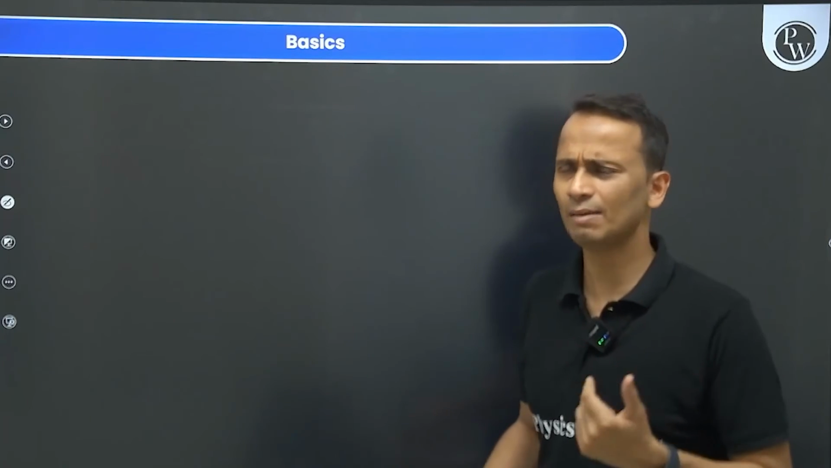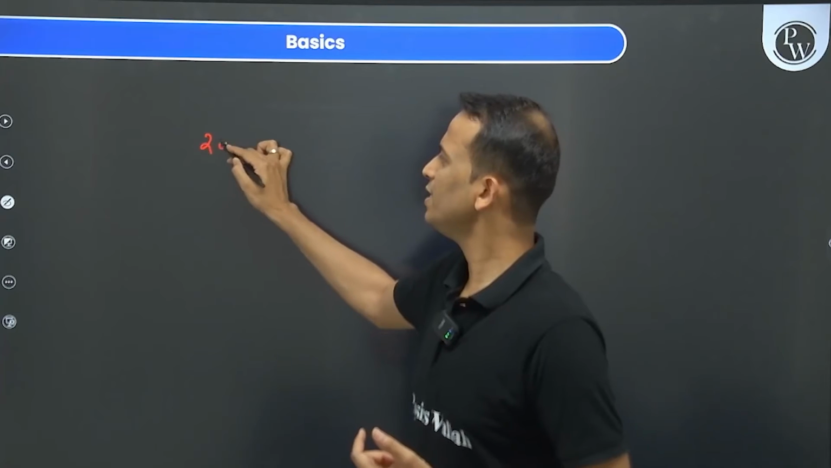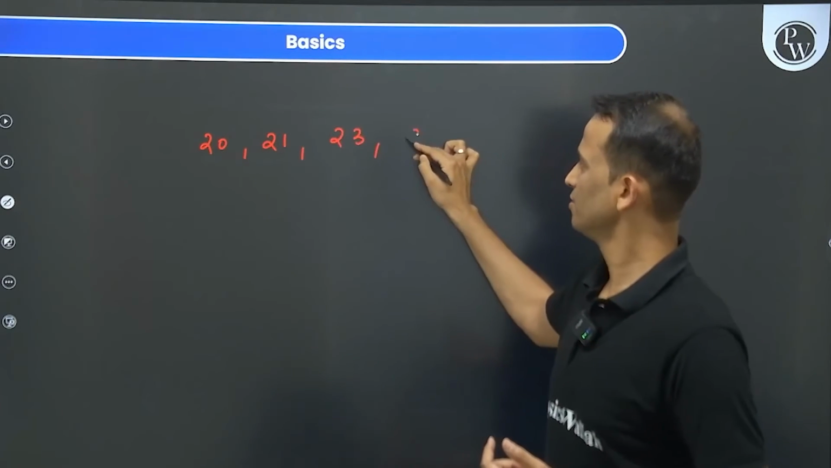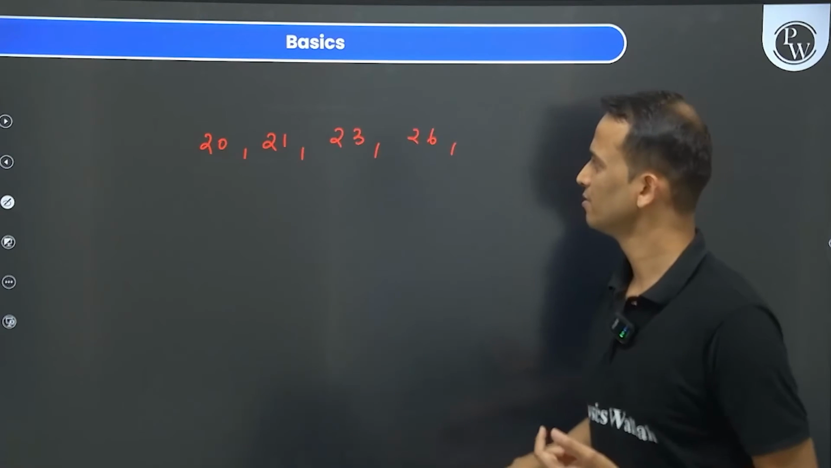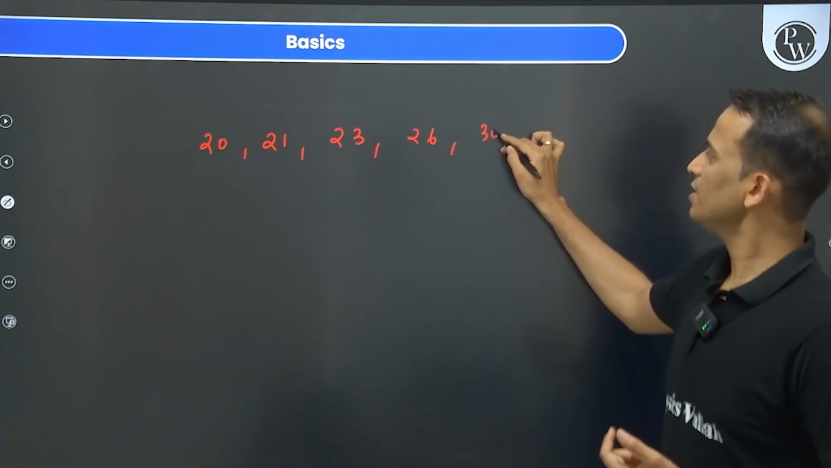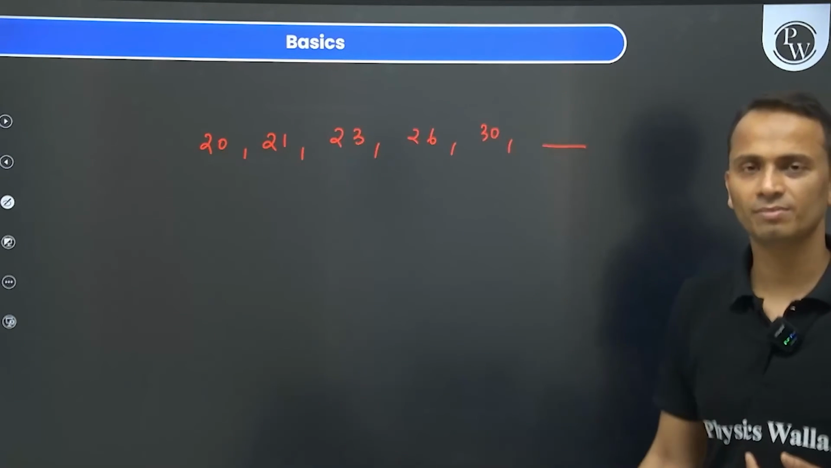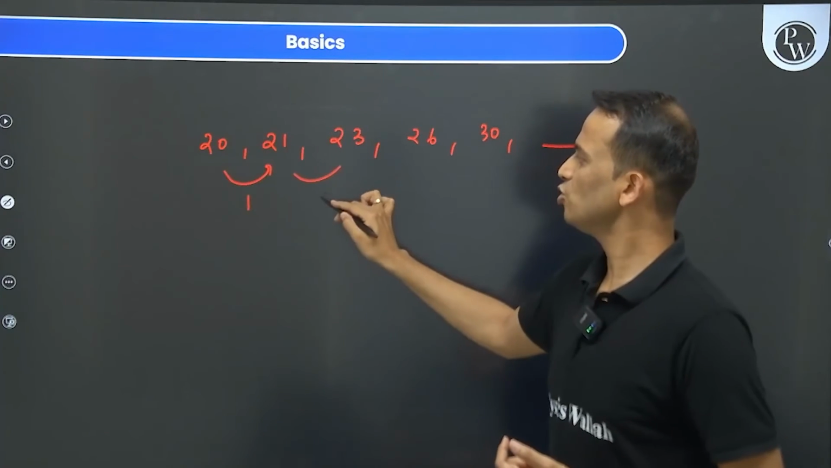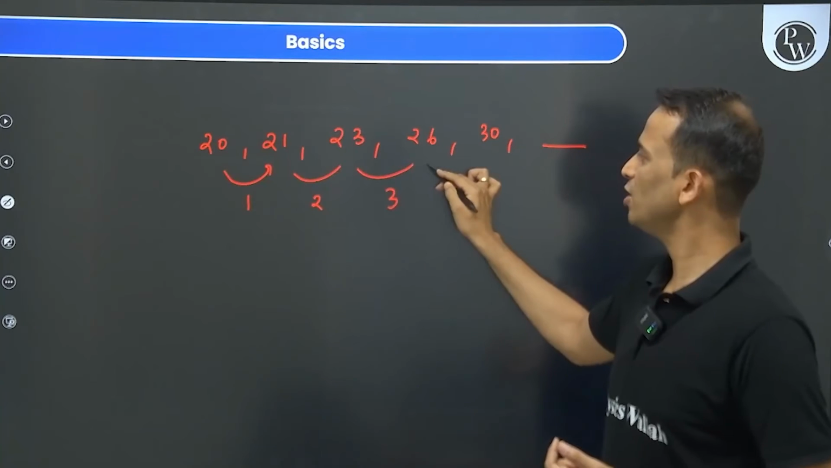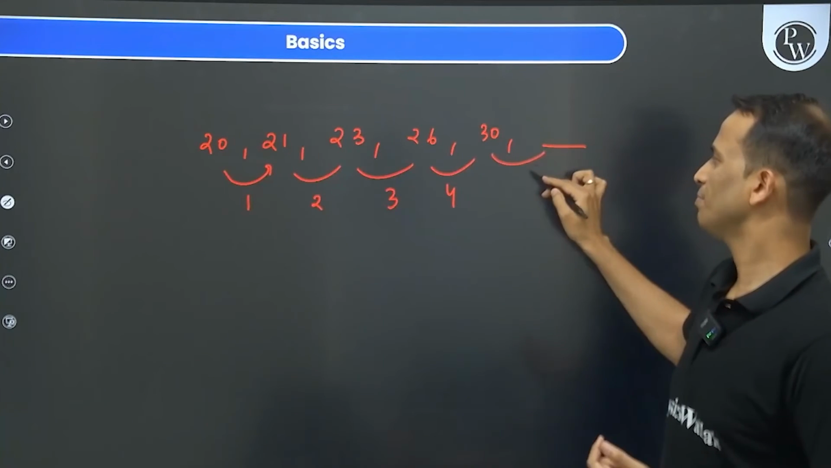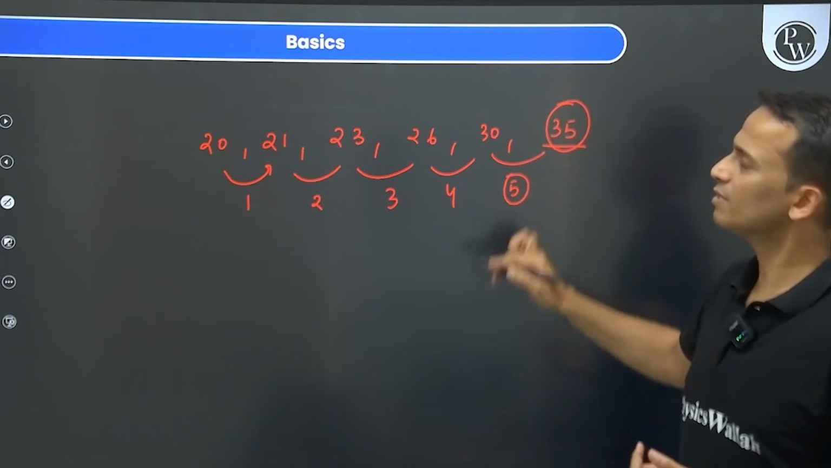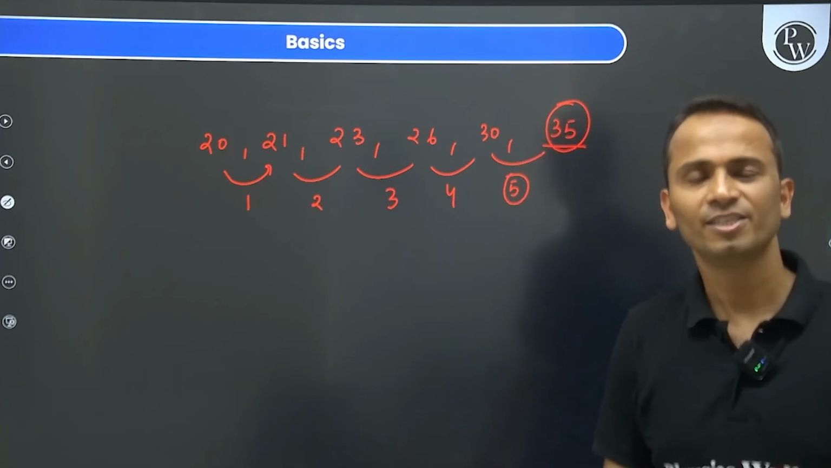So एक छोटा सा एग्जांपल देता हूं, 20, 21, 23, 26, 30. What will be the next number? अब यहां पे पहले 1 ऐड हुआ, फिर 2 ऐड हुआ, फिर 3 ऐड हुआ, फिर 4 ऐड हुआ, तो अब क्या होना चाहिए, 5 ऐड होना चाहिए, एंड द आंसर शुड बी 35, ठीक है।